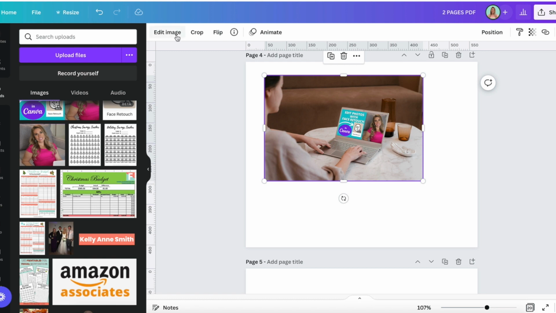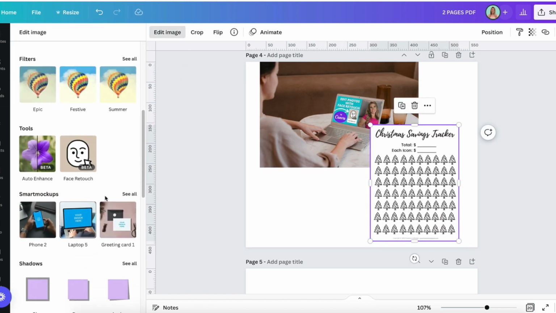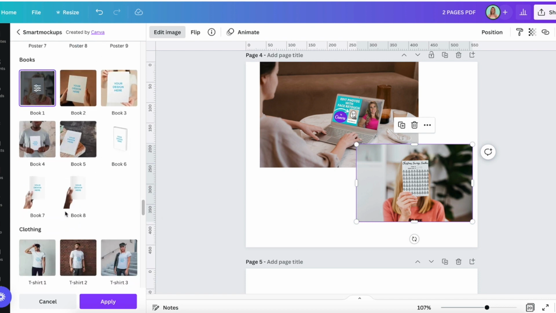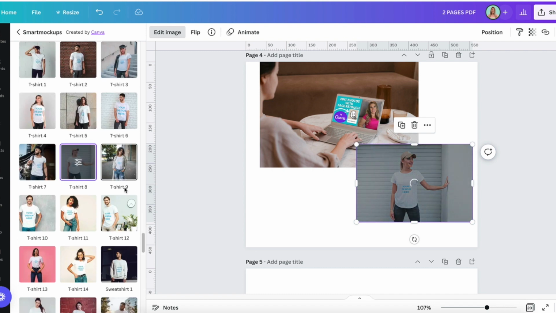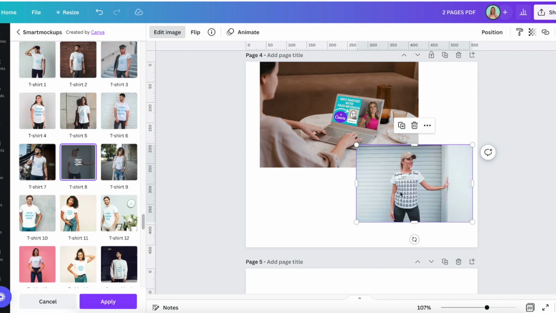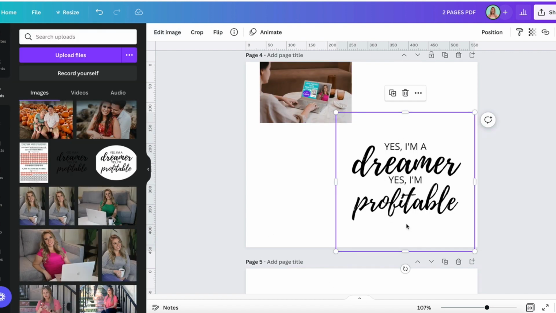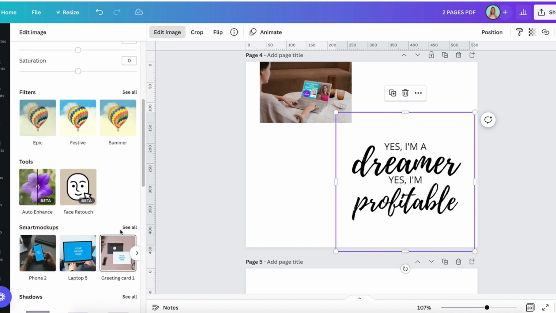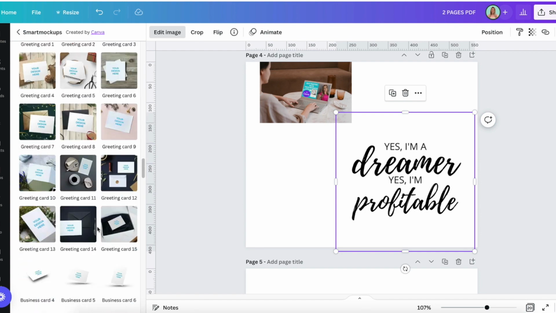I absolutely love it. We're going to do this printable, edit image. Now it looks like that's the cover of the book. Now obviously that's printable, not a cover of a book, but you could totally see how it would work with whatever you're doing. Or if you wanted to do a t-shirt image, you can do that as well, which is so awesome. Here's a sticker that I actually sell at my shop, but we could see what this would look like on a t-shirt. So we could click on it, edit image, SMART MOCKUPS, and then let's scroll down to the